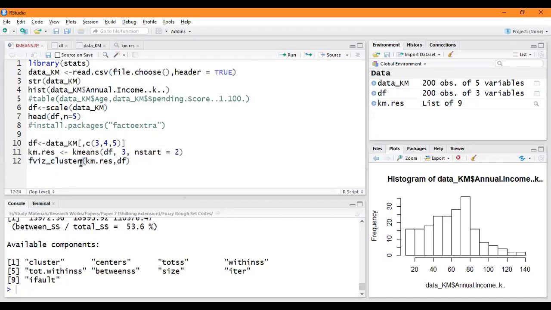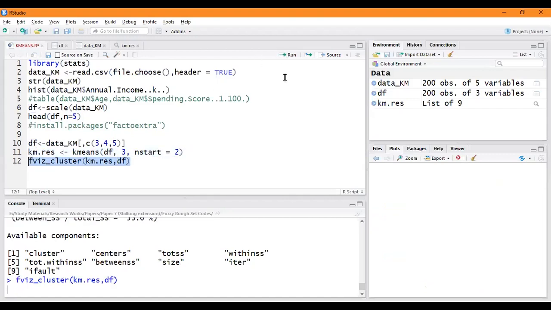The first argument is the cluster output, km.res. The second argument is df, which is the data itself. So the first argument is the cluster information or the formed clusters, and the second argument is the data. Now if you run this line, you can visualize the clusters.